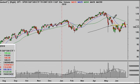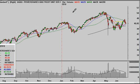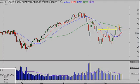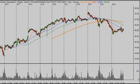But we have the daily time frame. The 50-day moving averages are declining. The market is, I think, what you could consider best case is trying to just find some footing, find some stability after selling off. Worst case, though, is that we're creating these higher lows on the weekly charts that if we break them down, then we're going to see this whole thing unfold. But that's still going to take time, and until we have that clarity from the longer term time frame, it appears it's going to be